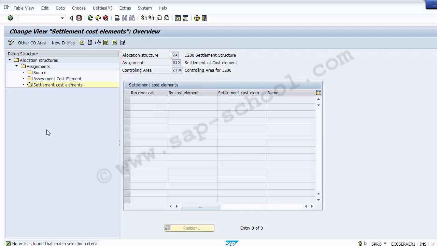So you have to take care that in the internal settlement, a secondary cost element is taken because it is internal within the CO module, where an internal controlling document is generated. But whereas in the external settlement, it is outside the internal part. That means it involves a primary cost element, because the settlement is done with a ledger account or a fixed asset. So over there a financial FI document is generated, and with respect to that a CO document is also generated in the controlling part. So now moving on to this particular settlement cost elements,